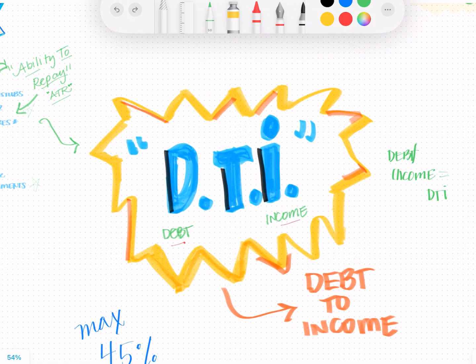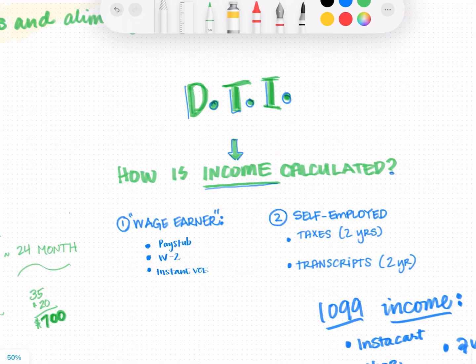As I mentioned, debt to income is your debt divided by your income. So your income is determined from pay stubs, W-2s, or when the lender runs your credit, when the lender gets your loan application, they are going to run that application through an automated underwriting service. And in some cases, they may get an instant verification of income, which means that you might not have to provide income documentation because they were able to validate the income that you listed on the application through their automated underwriting. So it's nothing that you have to do at all behind the scenes, and it's tied to the payroll